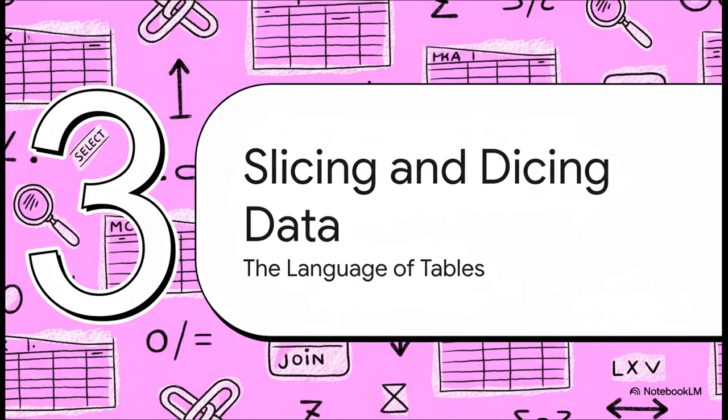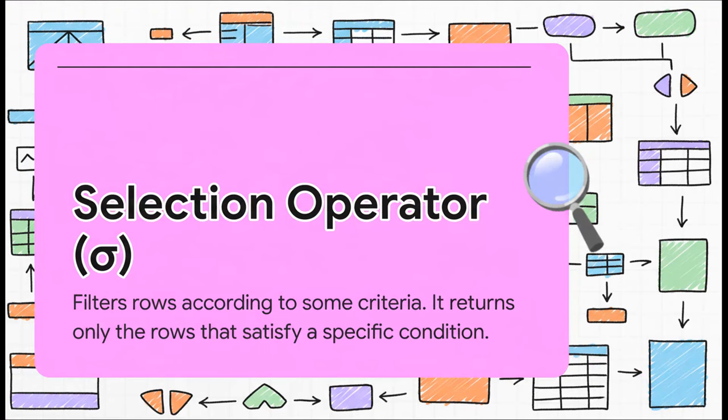Okay, but having data in tables is only half the story, right? The other half is the amazing toolkit Codd created to actually work with them. This toolkit is called relational algebra, and you can think of it like a set of Lego blocks for your data. The first tool in the box is called selection. It lets you filter rows based on some condition you set. The easiest way to think about it is you're taking a horizontal slice of your table, keeping only the rows you care about.